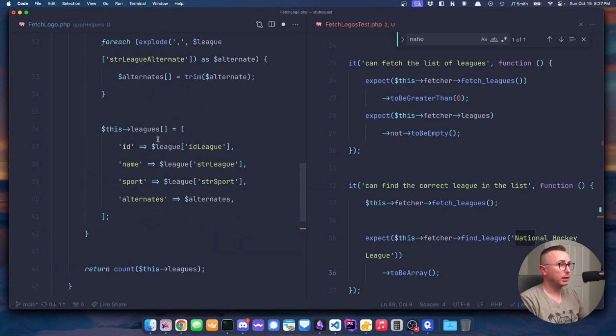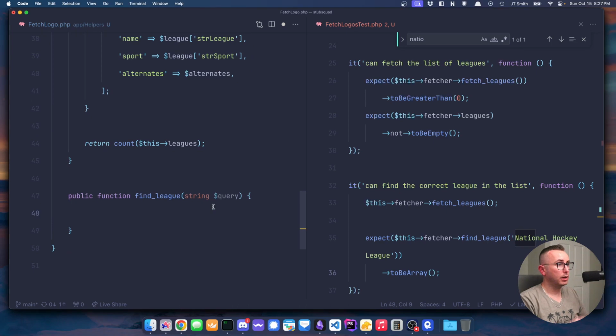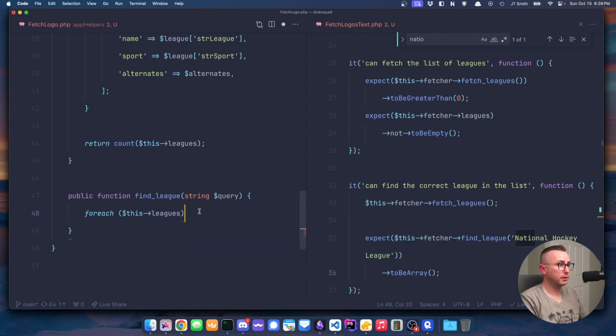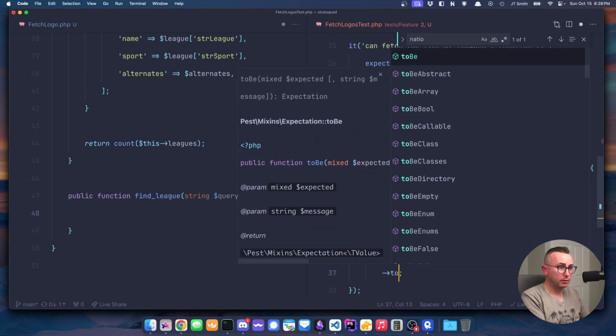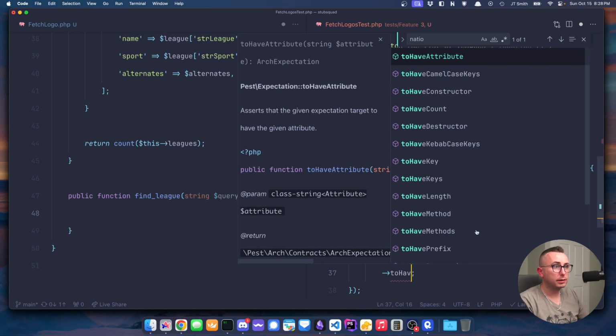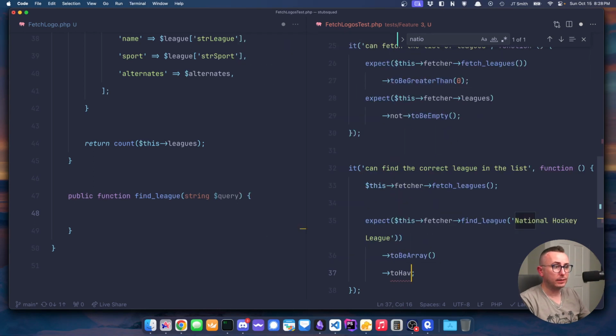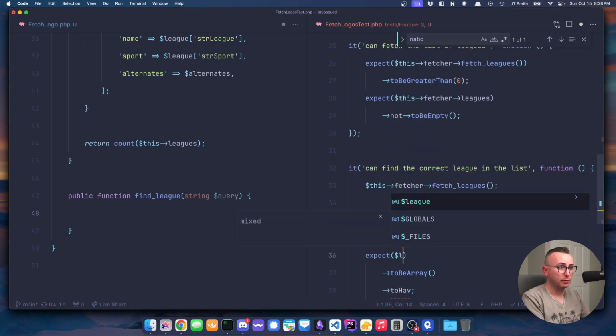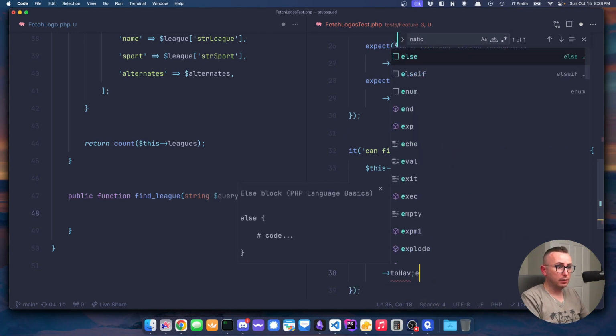Because what we want is this whole element. So what we're going to do is say for each this leagues. Actually, let's even go a step further. So we want it to be an array. We want league equals that. So we want league to be an array, to have